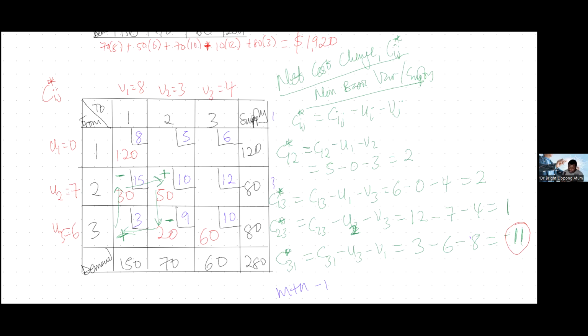With a closed loop. So how do we then make these arrangements? It means that the 20 moves to the 20 here, then goes to X21 to reduce the 30, and it goes to add to the X22, then it also subtracts from the X23. So our next tableau will be,